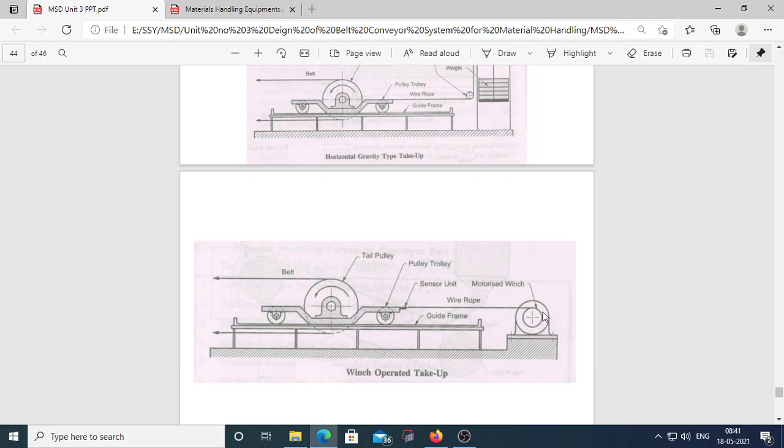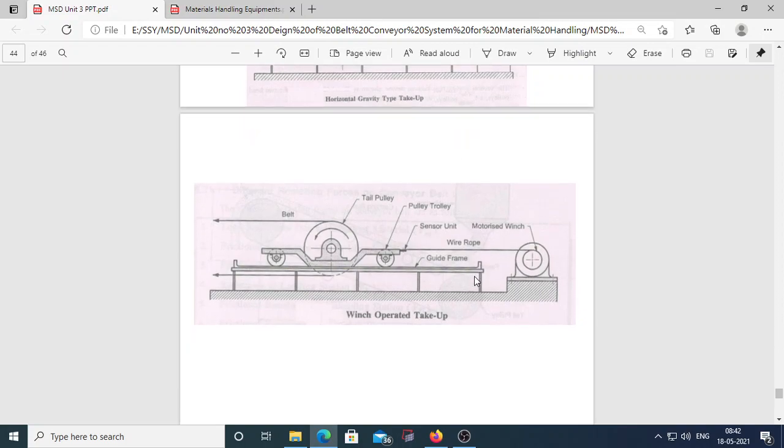Once the tension in the belt reaches the desired value, the sensor unit switches off the winch motor. They are used in automation. The motorized winch automatically runs by the sensor. Once the required tension in the belt is reached, it automatically switches off. This is the difference between the horizontal gravity type take up and the winch operated type take up tension device.